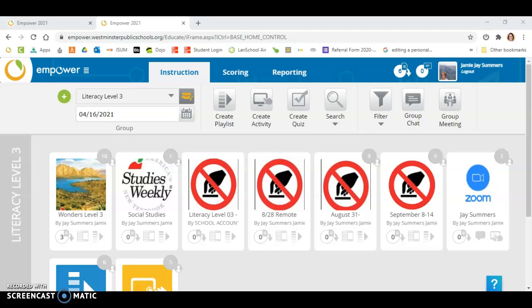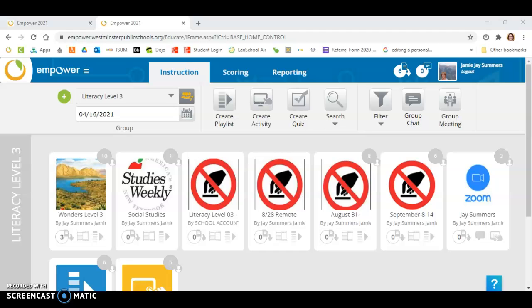Okay, so we know that there's a problem with the scoring tab where at this point of the year it's stalling out and not loading, or if it does load, it takes forever to load because we have so many scores in our system, which is great. That's what we want. The techs are working on it, but here are two workarounds